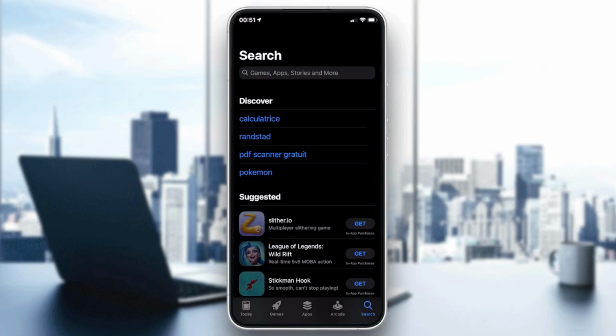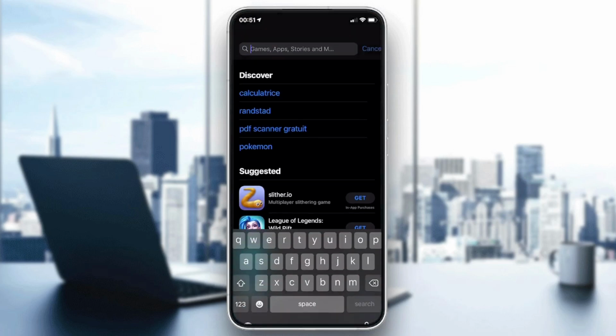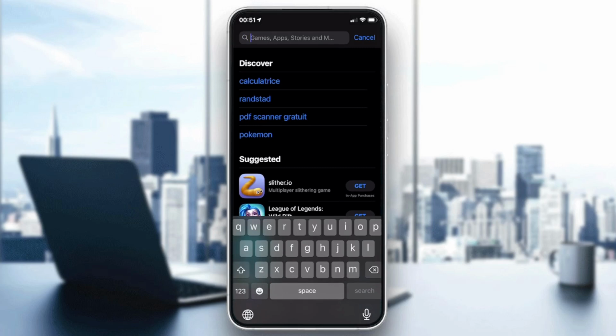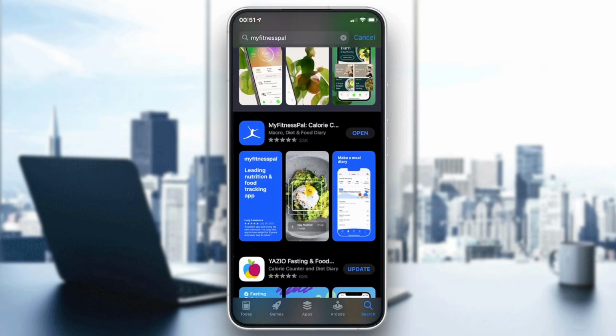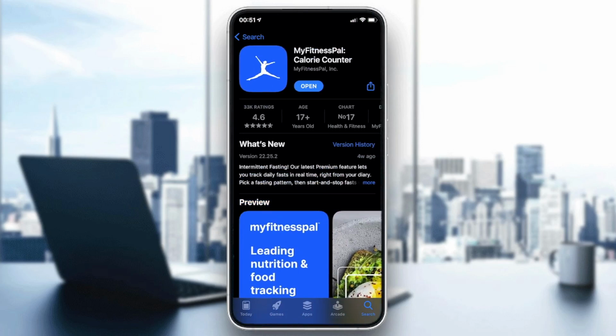So I'm going to click on my store here, and I will have my search bar, and I will just type the name of the application, which is MyFitnessPal. I will find it here in the suggestions, and I'm going to click on it. And as you can see, you will have it here. So just click on the blue button that says download, or the green one if you have the Android version,